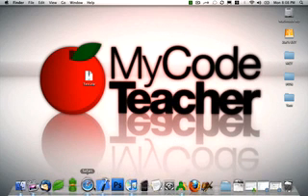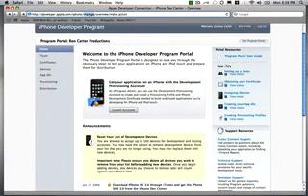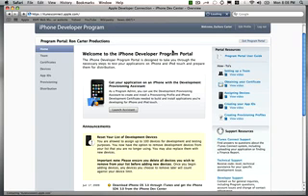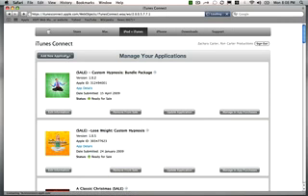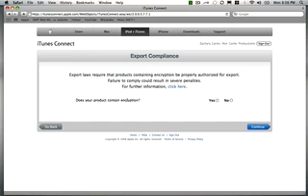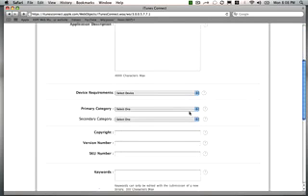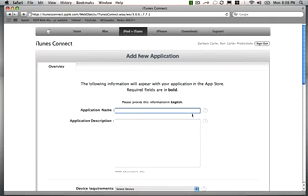Now, to actually distribute your application, you need to do this through iTunes Connect. So, for example, we'll log into itunesconnect.apple.com. You go to Manage Your Applications, and you click on Add New Application, and you say if your product contains encryption. In most cases it's no. And you begin adding the application with their wizard. At the end, it's going to ask you to